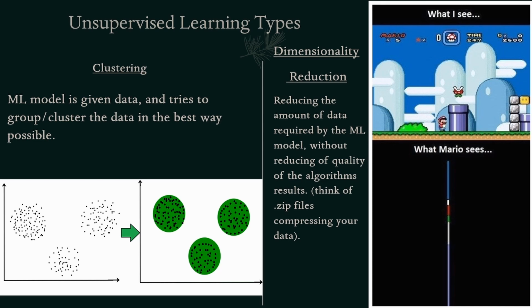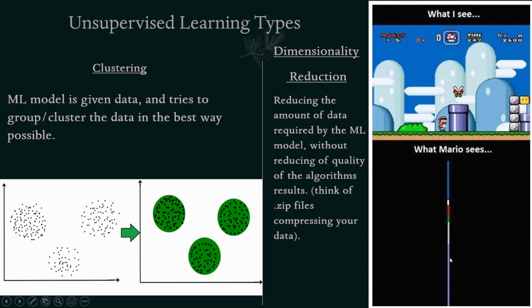You can think of this in two different views or two different dimensions. When you play Mario, you're playing a two-dimensional game. So you see the pipe, you see that little monster jumping out of the pipe, and you see Mario. But what Mario sees, because he doesn't live from our perspective, he doesn't see this 2D world. He lives in a little one-dimensional world. So this image on the bottom is actually what Mario sees.